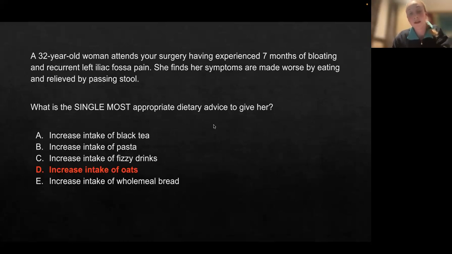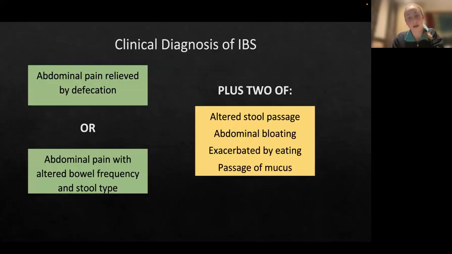Ooh, okay, sorry. So yeah, the answer to this one is increase intake of oats. And you actually want to advise to decrease intake of things like fizzy drinks and black tea, because this is a very classical history of IBS. So IBS, in terms of diagnosis, if you have abdominal pain that's relieved by defecation, or abdominal pain with